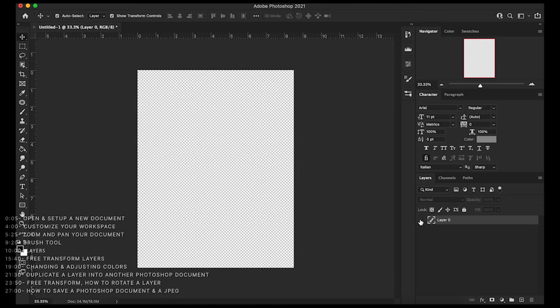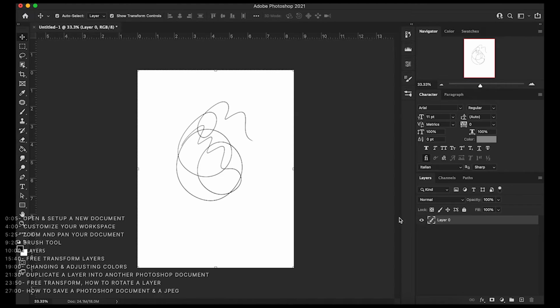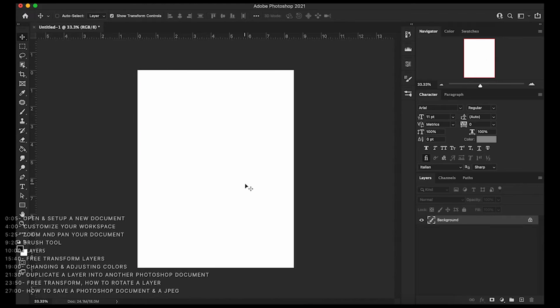The background layer usually as a default starts out as white, and so we drew right on top of that. I'm going to edit undo by pressing Command Z a few times just to get back to where we were, starting off with a blank document. And generally speaking, I don't like to draw right on the background layer. What I like to do, and it depends on the project, is create a new layer